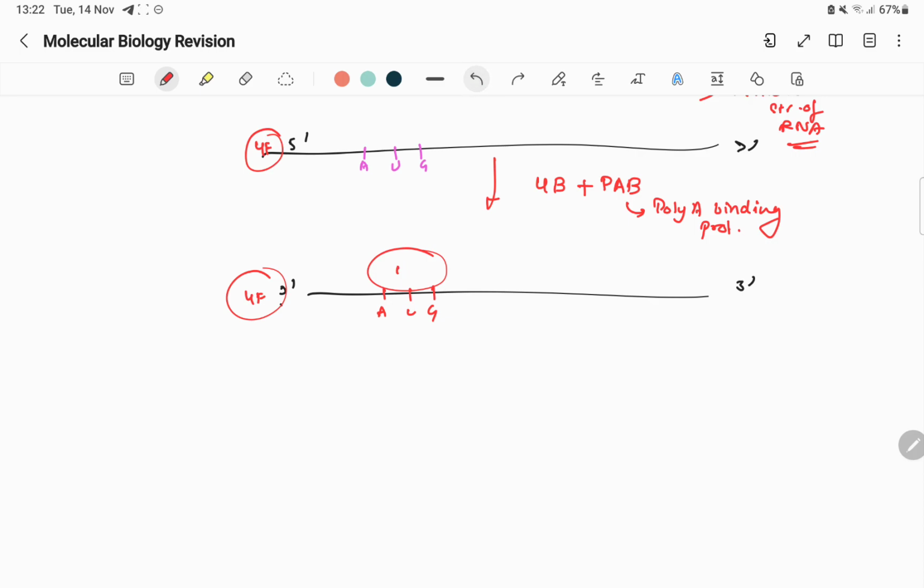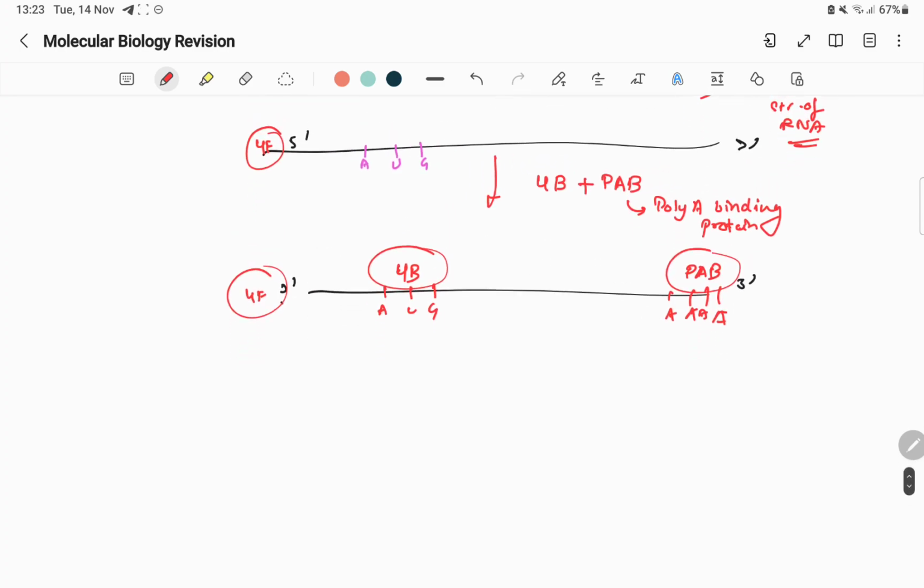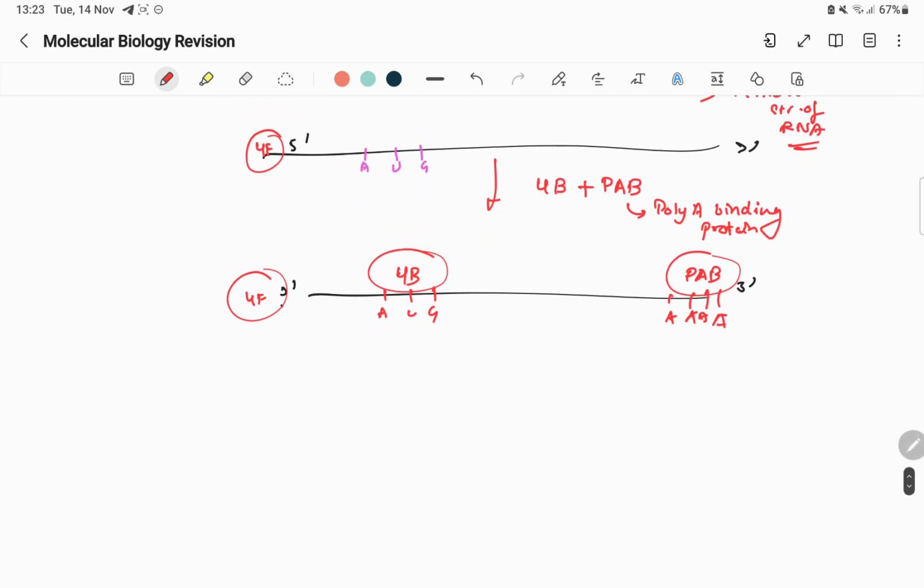Sorry, the 4B will bind. Okay, 4B will bind, and the PAB will bind to the poly A tail. This will bind your poly A binding protein. Okay, poly A binding protein we saw in your post transcriptional modifications. Okay, and this 4B will start synthesizing a 18S